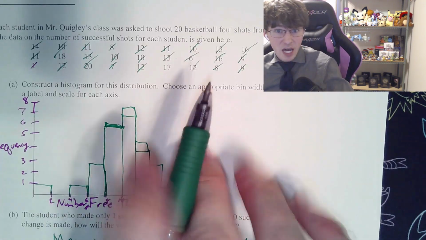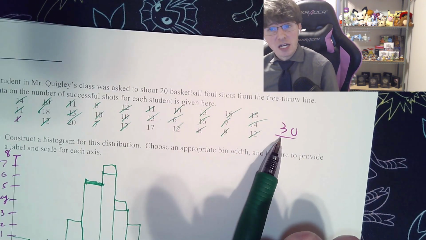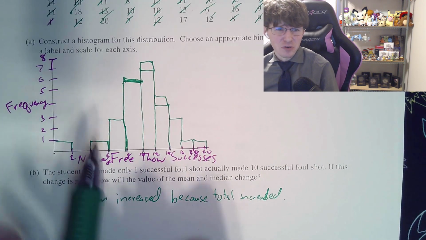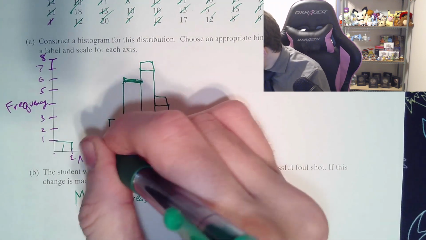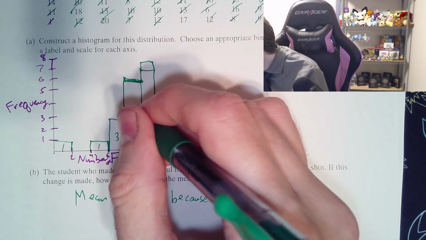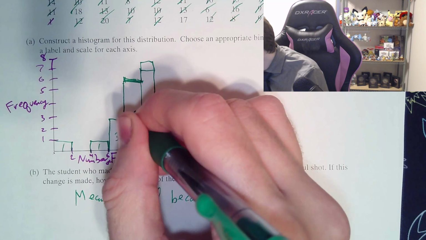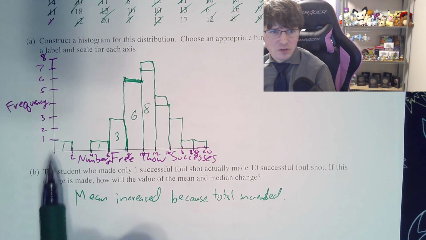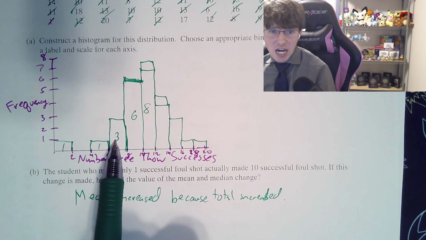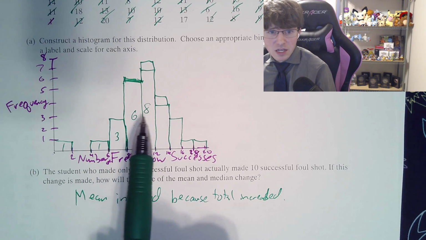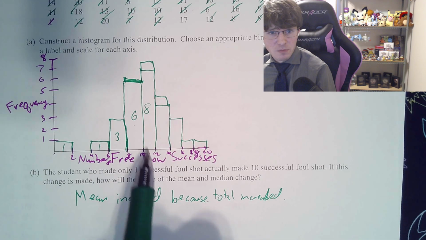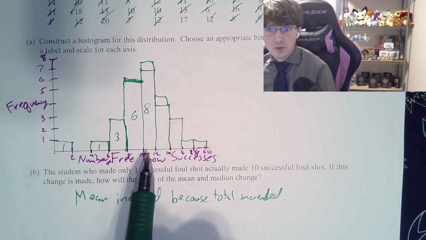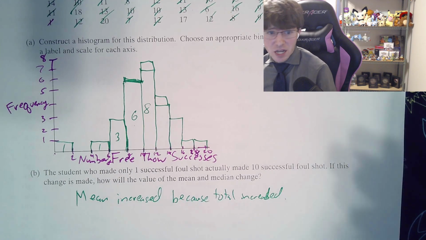So the median, we had our 30 total shots. Because we had our 30 total shots, the median will be between the 15th and 16th values. So we had 1 here, 3 here. It was 6 for this one. It was 8 for this one. And we're trying to find where the 15th value is. So that's 1, 2, 5, 11. So the median is somewhere in the ballpark of 10 to 11. So in other words, the median is already where it was. And it's not going to change